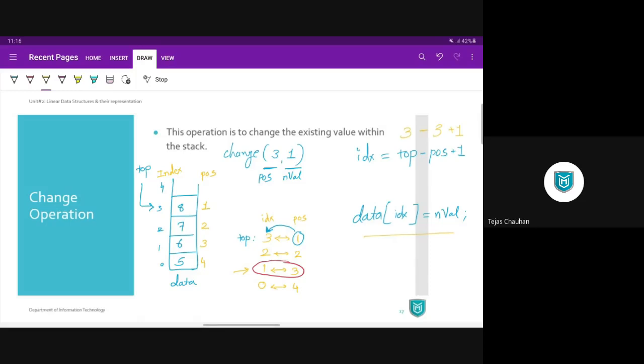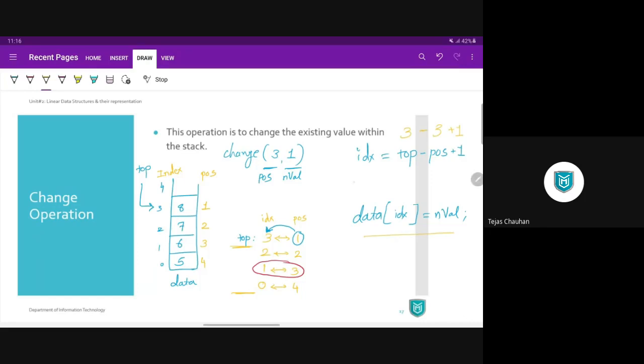So validity of index is what? Your index should be in a range of 0 to top. That is a valid range because that's where you have the values.